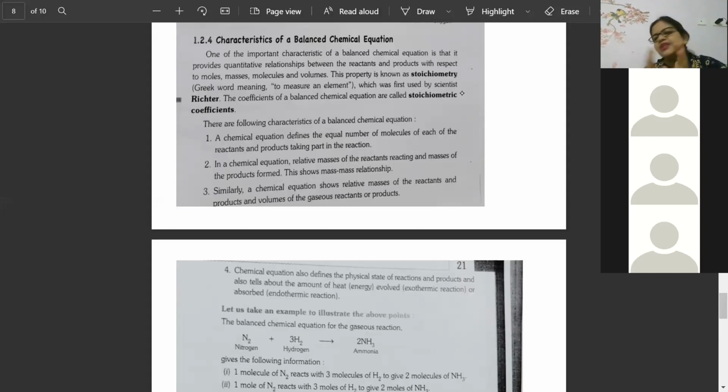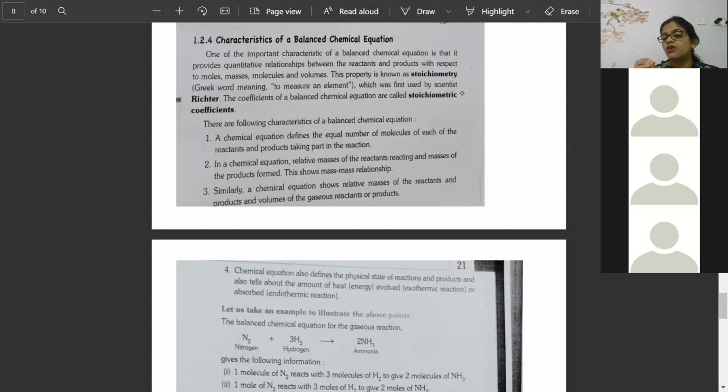Like, beta, understand a simple example I'm giving you. A reaction is proceeding inside a closed vessel. Whatever reactant is present inside, its relative atomic mass, and whatever product forms, its relative atomic mass. Sometimes in the product, beta, some gases are released. When some gas is released in a closed vessel, or you take that gas outside into another chamber and then find it, the volume of the reactant will be equal to the volume of the product.